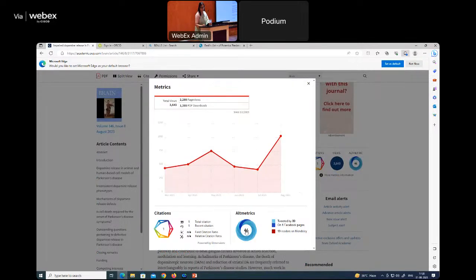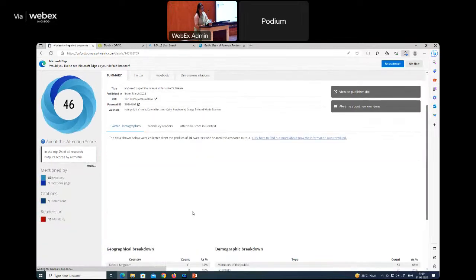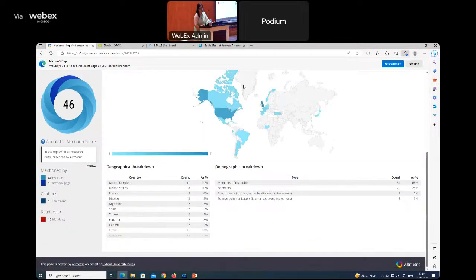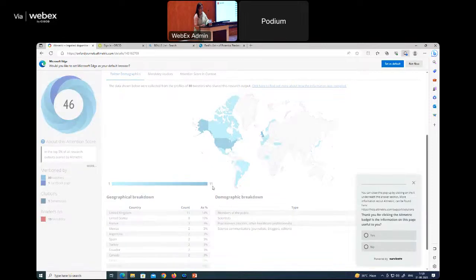When you click on the altmetric score, now this is collated by a company called altmetric.inc, based in California. It gives you the demographic and the geographical breakdown. It tells you who are the kinds of people who are reading this kind of work.